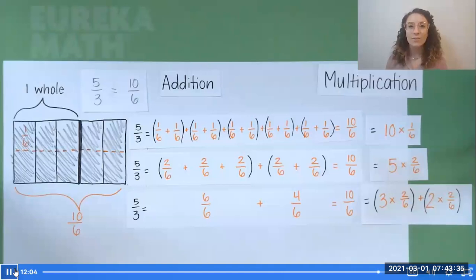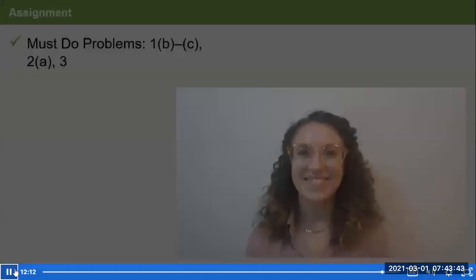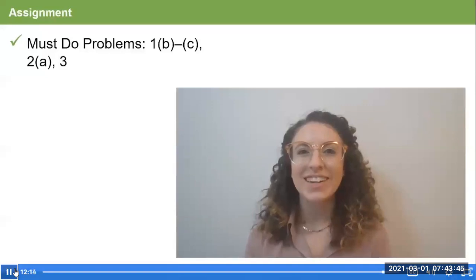Great, so we can also use the area model to model fractions that are greater than 1. You've done a lot of great work today, and I think you're ready for the problem set. The must-do problems are on the screen. Set a timer or watch the clock for 10 minutes and work on